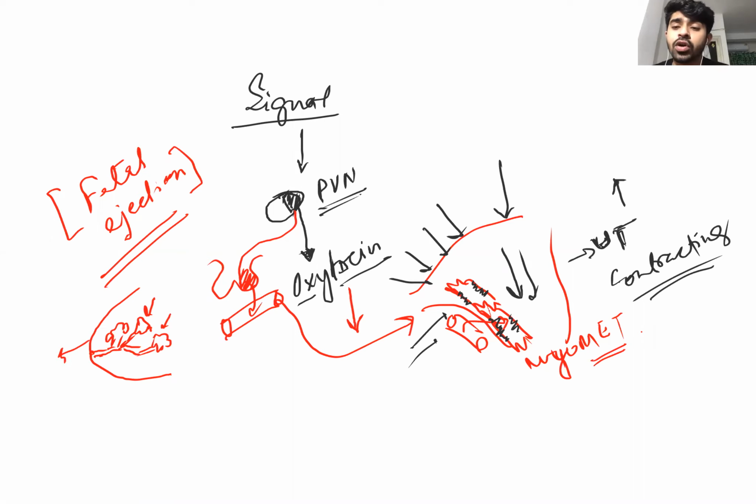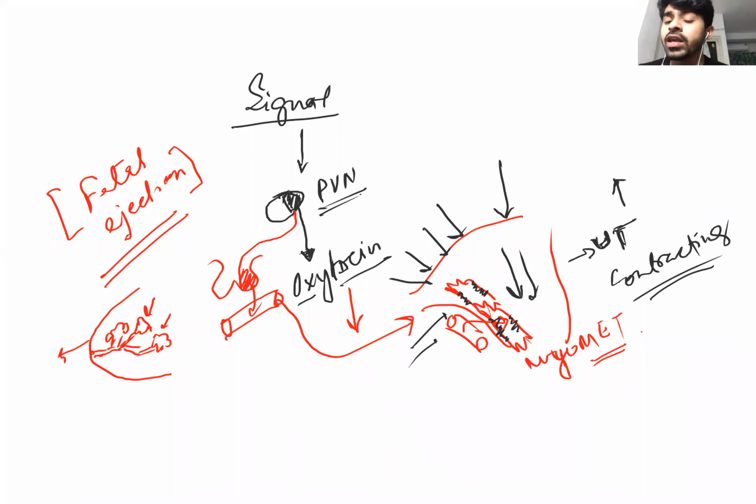So oxytocin hormone, the MCQ that will be asked to you is the function of oxytocin. Option A, fetal ejection reflex. Option B, milk ejection reflex. Option C, both. The answer is both. Oxytocin helps in fetus ejection as well as milk ejection from the breast. This is the MCQ that has been coming for many years. So it's an age-old hallmark MCQ we have to remember.